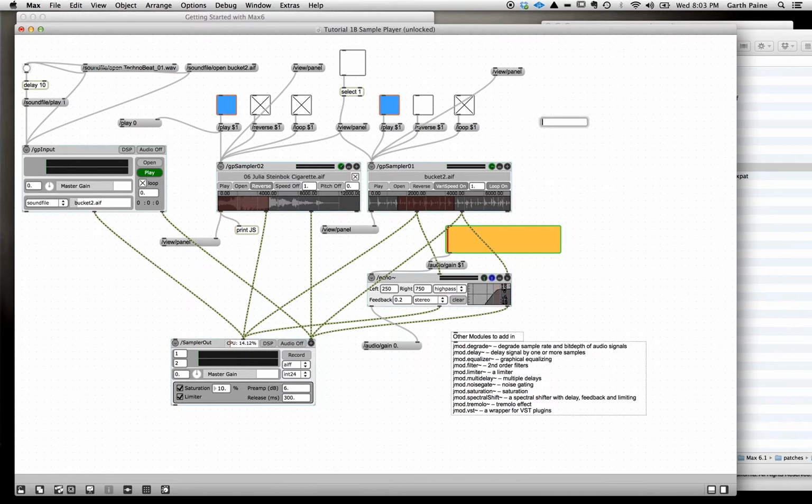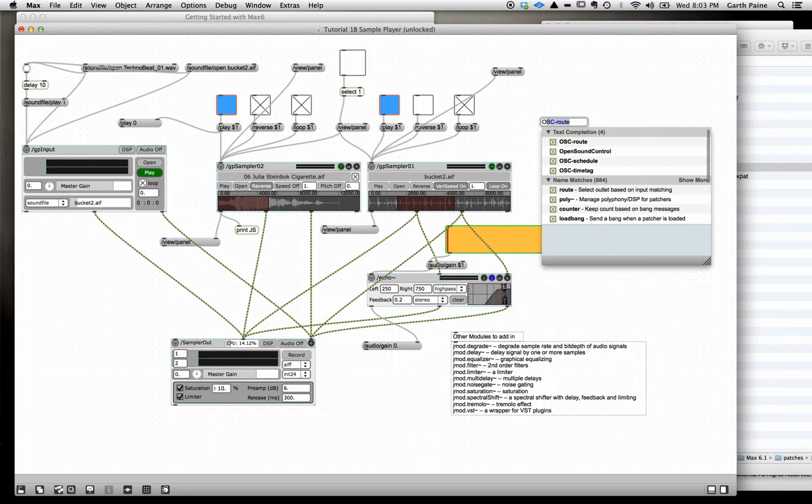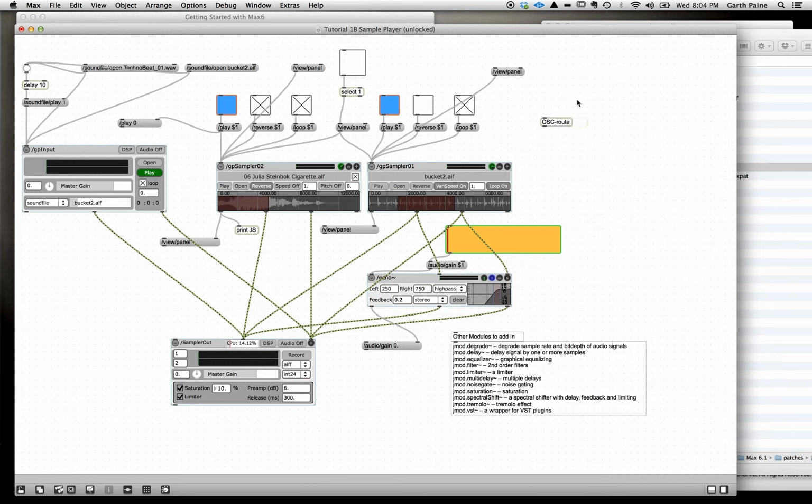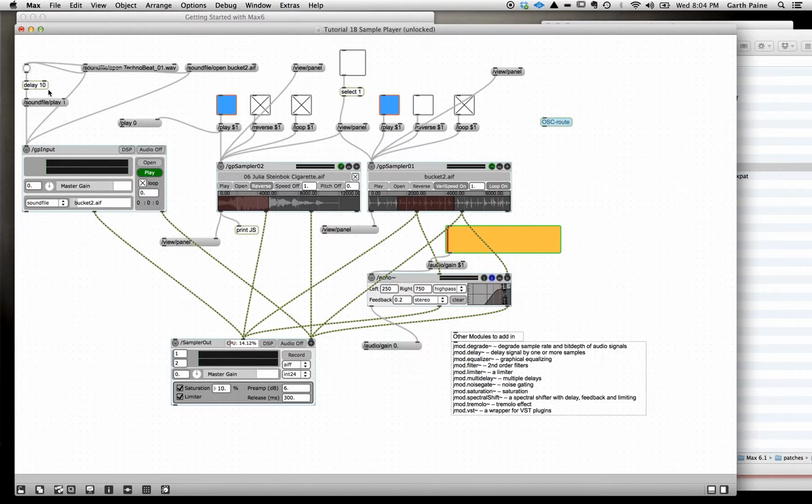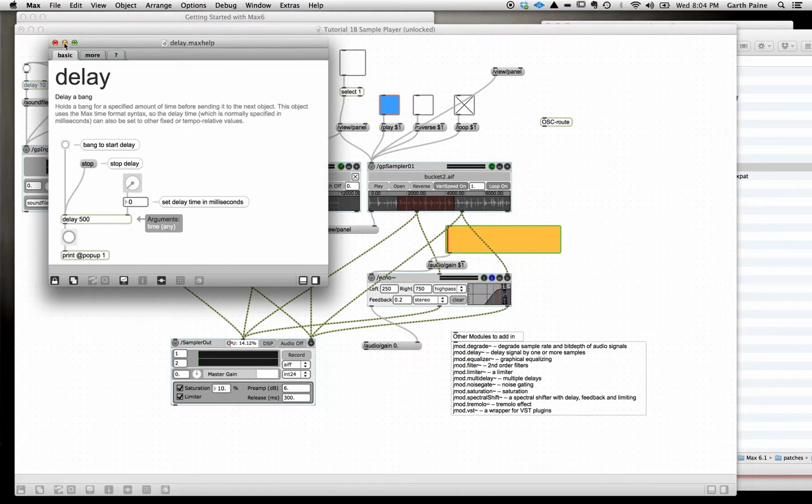You're going to make a new object here, and all of these messages are essentially in the format of what's called Open Sound Control. So let's have a look here, and you'll see there's a bunch of different Open Sound Control objects. One that we'll need immediately is this one called OSC route. So I'm just going to select that, select in an empty space, and then option click the object in order to open the help file. That's true for any Max object. The delay object, for instance, option click